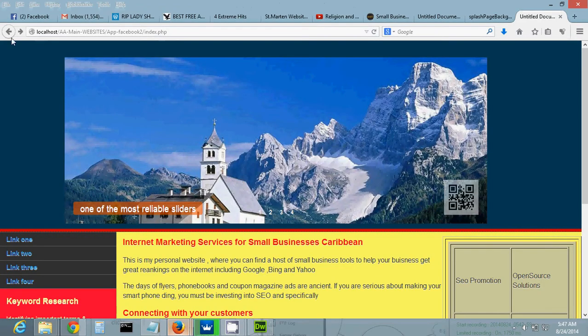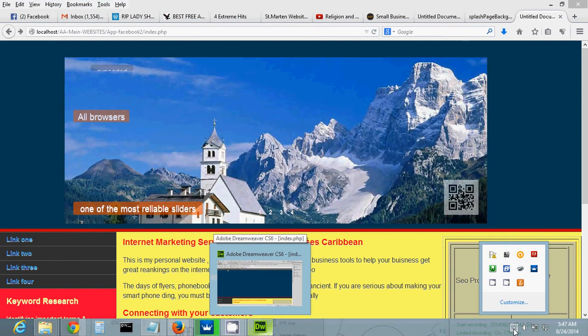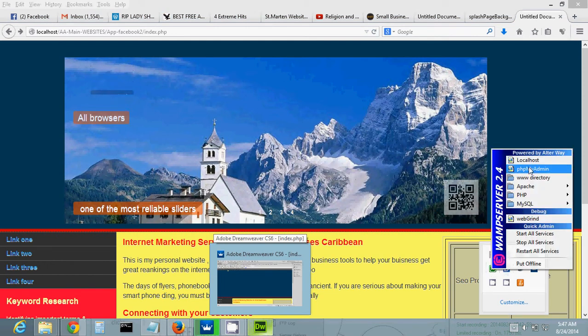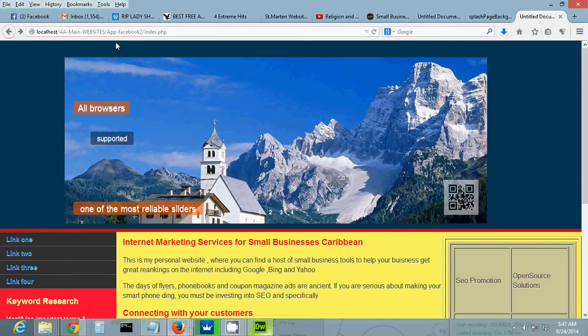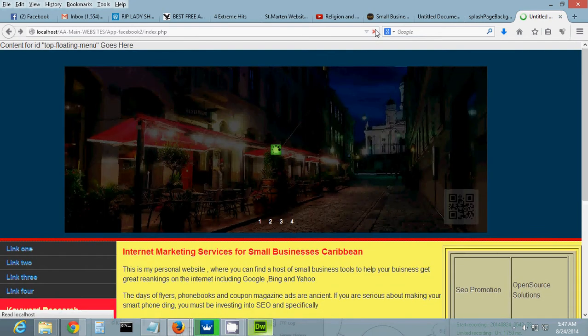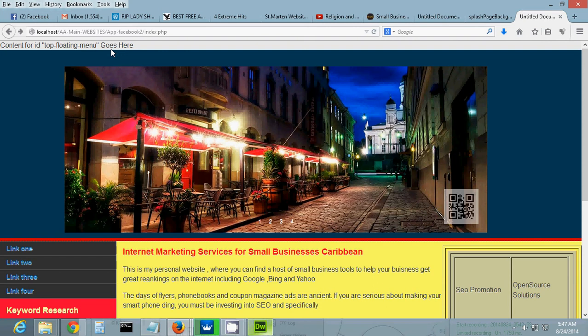All right. Another thing I didn't mention yesterday is that when you're working with PHP, you have to have your WAMP server running, by the way. And that's this little baby down here. That gives you a local host, and it's actually a virtual server. You can't run PHP on your computer without having a WAMP or some sort of server like that. Okay, so anyway, back to the normal. We're going to refresh it. Okay, and here's our floating menu. You can see it right here. All right, what's cool about this menu is when you go down the page,